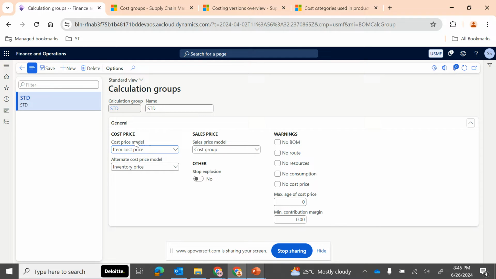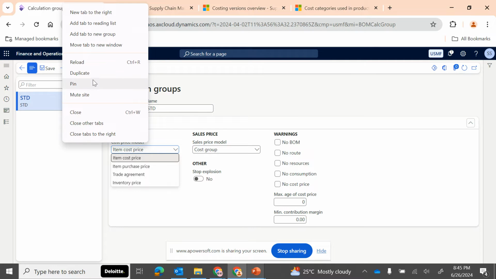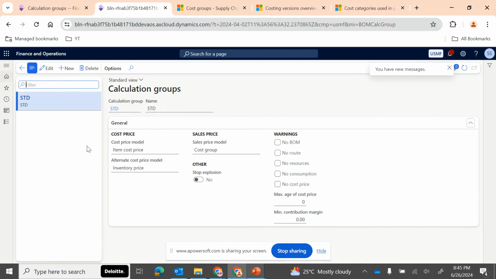Under the cost price model, it can primarily happen through four techniques. Whether you want to use the item cost price, the cost price available in your released products, or do you want to use the item purchase price? What is the item's latest purchase price, based on which you want to use the same price in your cost calculations? If I want to make it very clear, let me open the production order in another tab